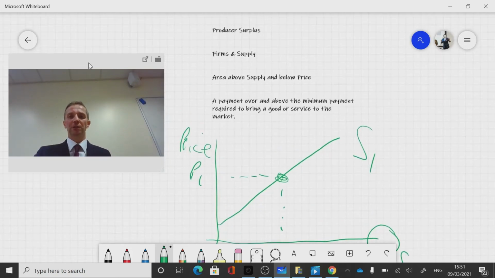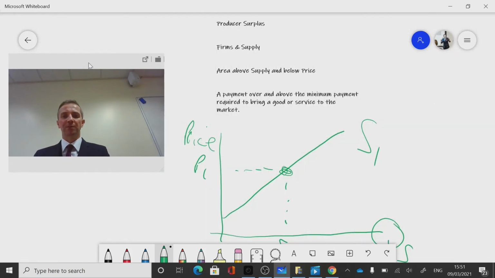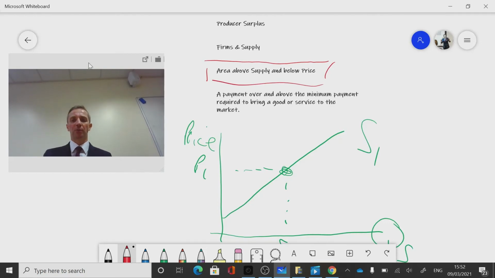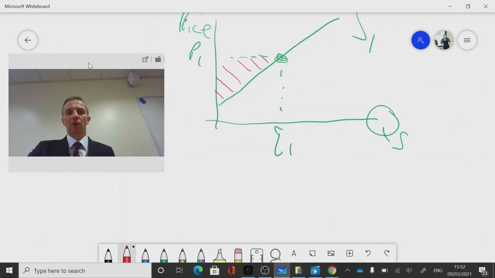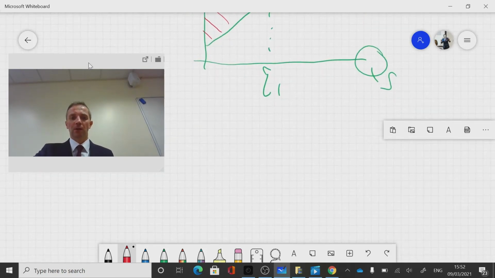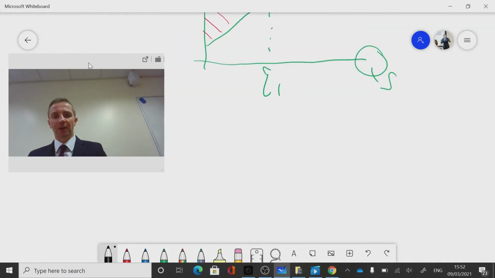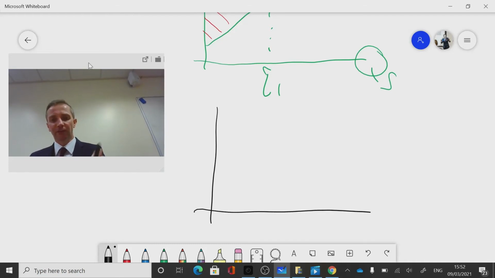And if we look back at what we said, area above supply and below price, this golden rule, if you will, then in this instance, we're looking at this specific triangle. So that would be our producer surplus, because that is the area above the supply curve and below price. Now, what if there's a change in price? What then happens? We always deal with these what if statements, don't we? So let's have a look on a separate diagram as to what would happen if there was an increase in